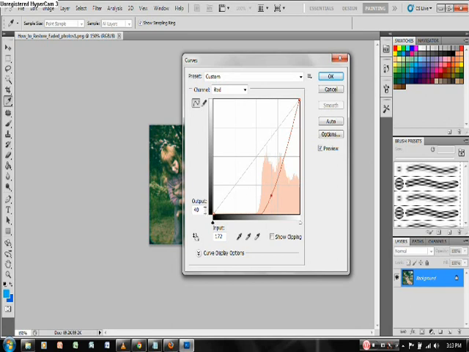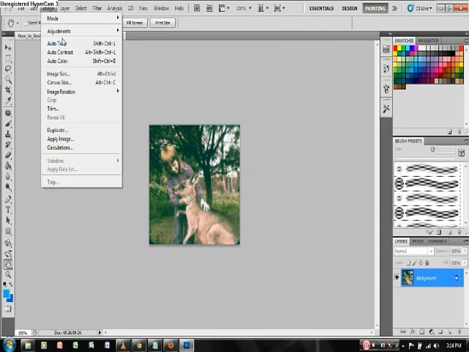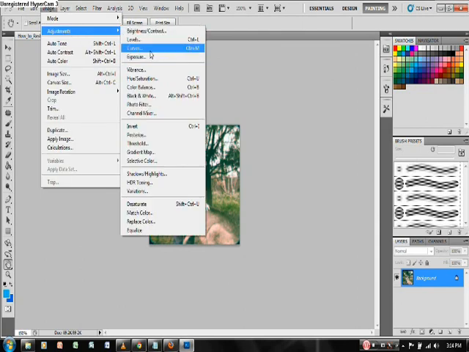Okay, the output is 40, then the input is 172. You can also type it directly here: just type in the output 40, then the input 172. That is the easiest way. Then click OK.